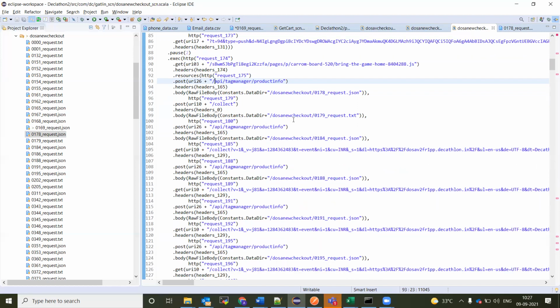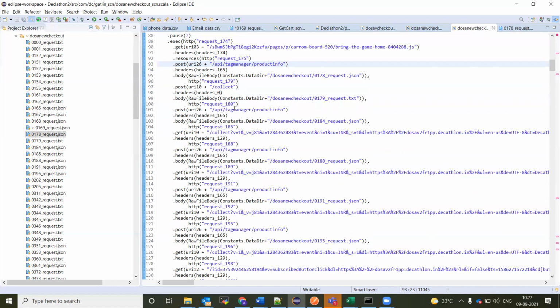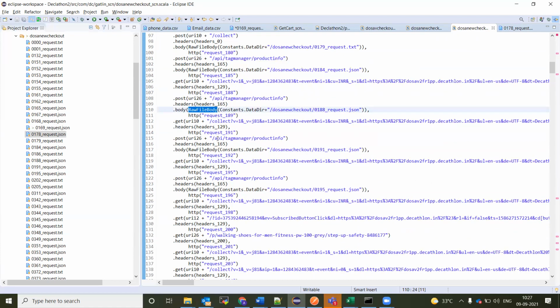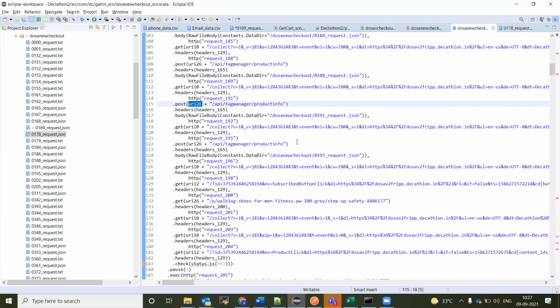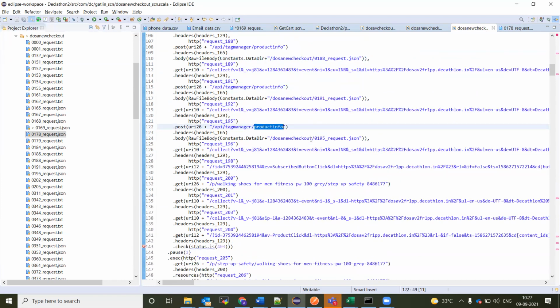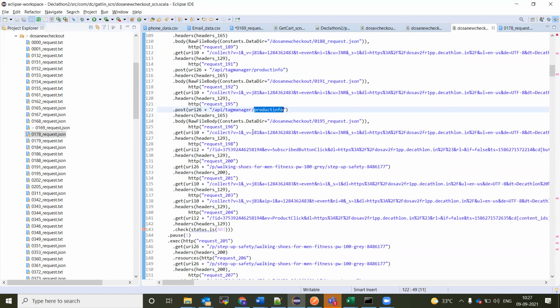Rajesh or Ratish? Okay. So here again, product info. I'm not making any changes here. It's just a raw file. Again, product info. Maybe I made searches for different products in the continuous call, so it is checking for the different products. Again, product info. So in this scenario, I have searched multiple products. That's why you are just leaving the raw file for the JSON file.